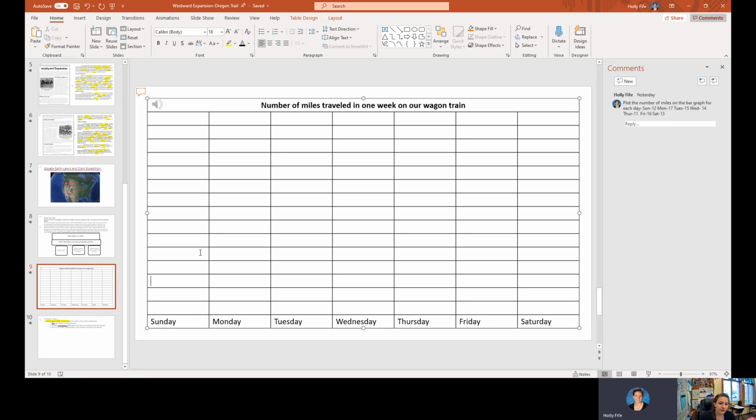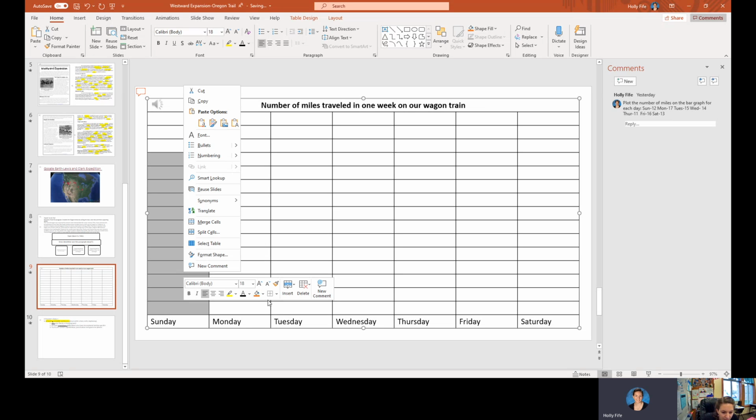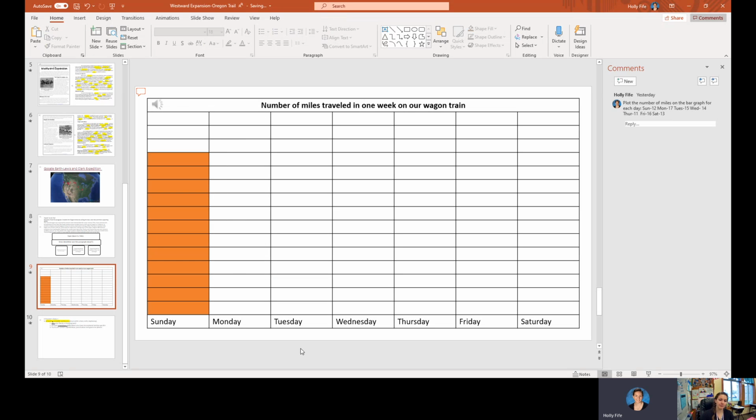1, 2, 3, 4, 5, 6, 7, 8, 9, 10, 11, 12. So that would be 12. I can click and drag to highlight all the way down here, and I can change the color of it. Oh, nope, it didn't work. Let's see here. I'm going to go, how about that one? Boom, there's 12. Or if you don't feel comfortable clicking and highlighting and doing that, I can always just put